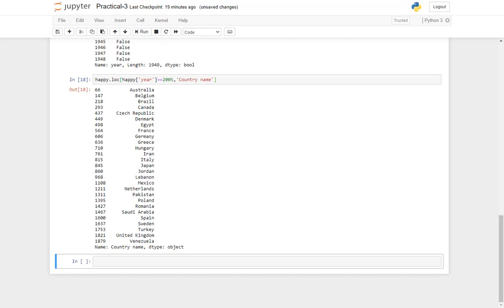If I want to find out for Germany which was the latest data available, latest matlab when was the data last recorded, then I will have happy, sorry, yeah, LOC, happy, then country name, because I want to apply this specifically to a country name, equal to Germany.